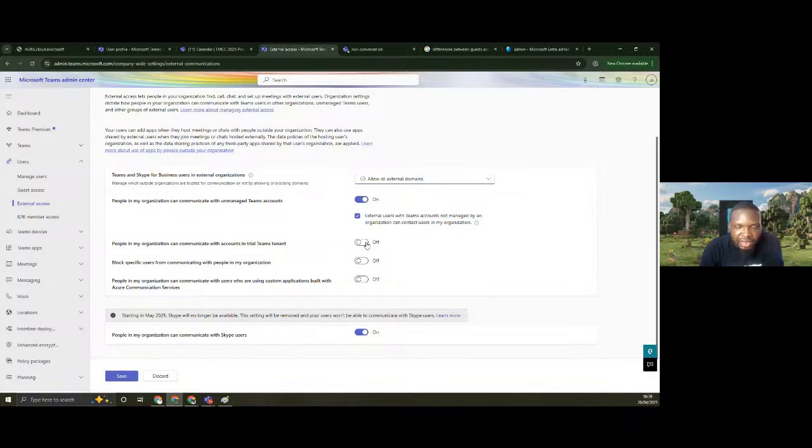So if you're using developer tenants, or like a one month trial tenant, and you want to host a meeting with an organization, and unfortunately you are unable to search for them, or they're unable to search for you or have interactions with you, it is simply because trial tenants has been turned off, which is by default turned off for that organization. So if you want to be able to have interaction with an organization, then you must turn on the option for guest users to have interaction with external trial tenants. Apologies. So that's how it works.